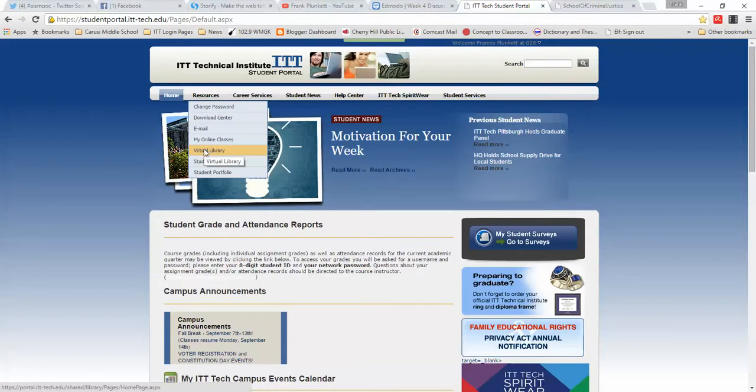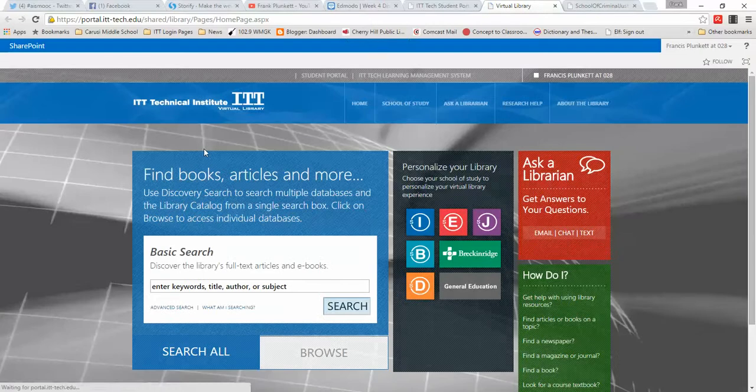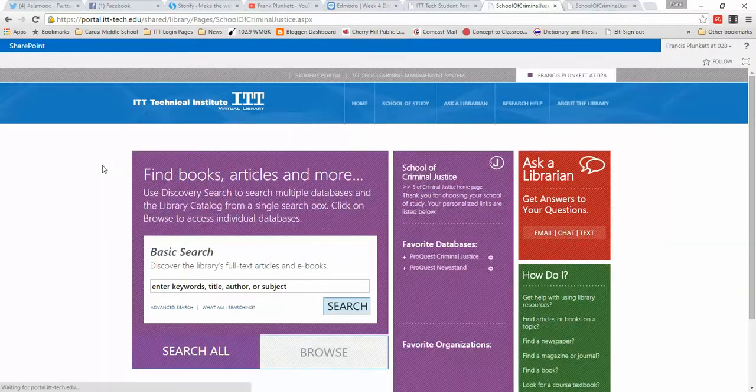So we go into Virtual Library, and it will automatically open up a new tab on your machine, so be aware of that. You're going to have multiple tabs. As you can see, my screen's got a whole bunch of them. It also, because you can set this in your preferences, already has my School of Study, Criminal Justice, set up